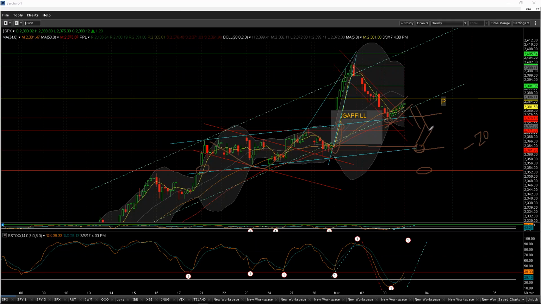You can see that. Let me clean this out and show you all. There's a minor gap here. So this could do this, fill this gap here, right there. And then we have a lower gap here that I was talking about, which would be something that the market could bounce off. Or we could just come down, fill this minor gap here, which also is pretty close to the larger gap fill. So this zone is in play based on this bear flag,